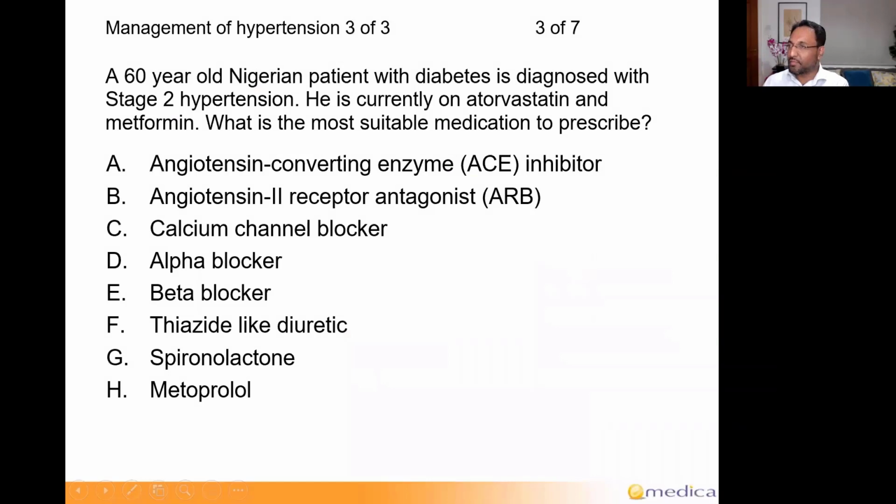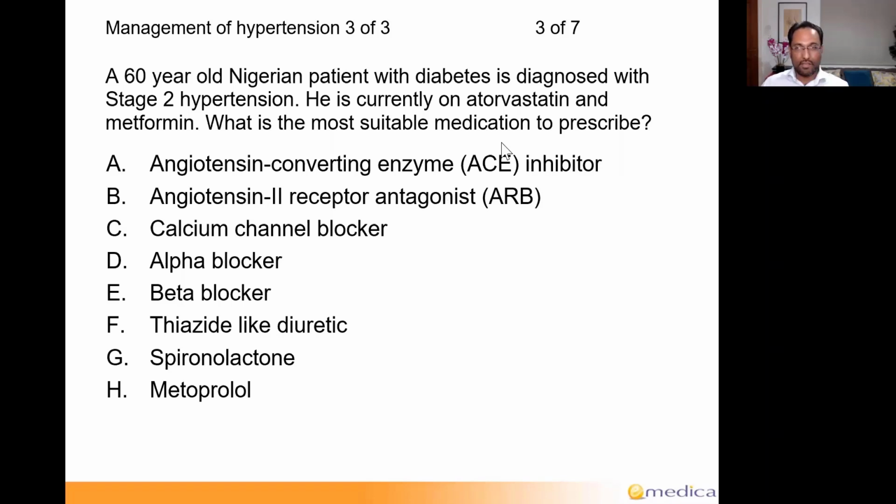Okay, last one in the set. This is the harder one. You often see this in the exam, that in a set of 3 questions, the third one's often the hardest one. Okay, great. So now the big split is between ACE inhibitor and calcium channel blocker. Most people picked ACE inhibitor again. Then over 40% picked calcium channel blocker. And then the smallest one, less than 10%, picked B, ARB.